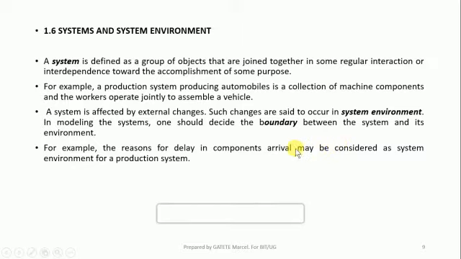It will depend on the system environment of a production system. It means that, for example, if there is a coronavirus in Dubai, they want to send me the components very quickly, but they have to wait until the coronavirus pandemic has gone away.